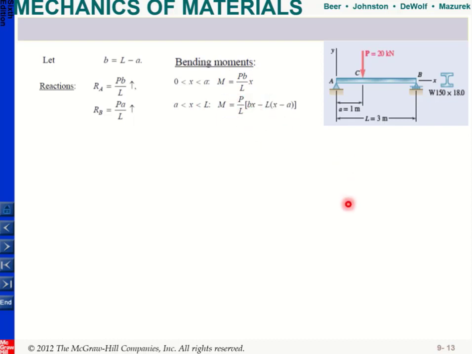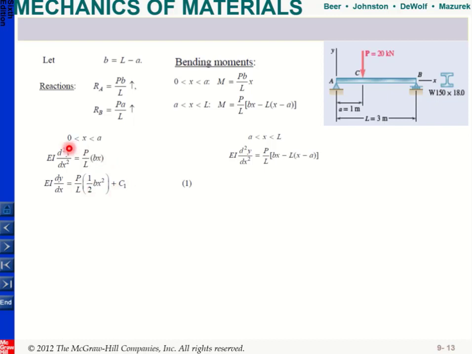Okay, so this is why, when I try to find my elastic curve, I need to divide it into two sections. So first of all, the elastic equation for x between 0 and a, I will use this formula. And if x is between a and L, I need to use this formula. And then next I will just integrate it. So I integrate once to get the slope,